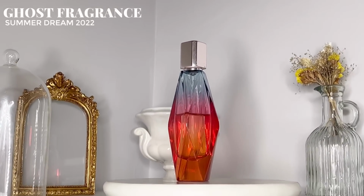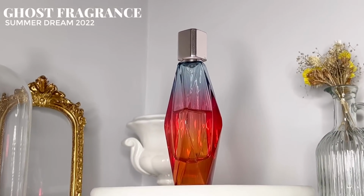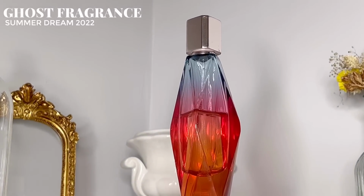This is very interesting because it's mainly ambery and white floral, but at the same time you smell a bit of a coconutty note. It's not listed, but when I smell it, I smell the smoothness and something a bit coconutty. I wear it a lot after the shower, or when I'm feeling cozy at home, a bit down, and it's really good also to layer. So when I'm wearing a very heavy ambery or very sexy fruity fragrance and I want to add some sillage, I spray that on top